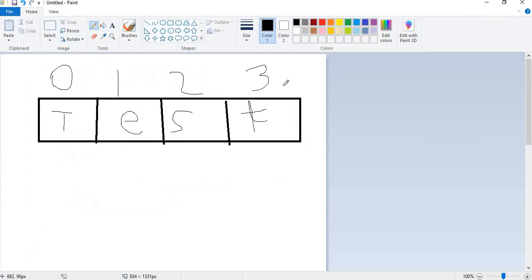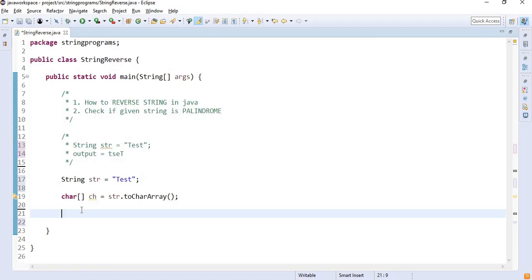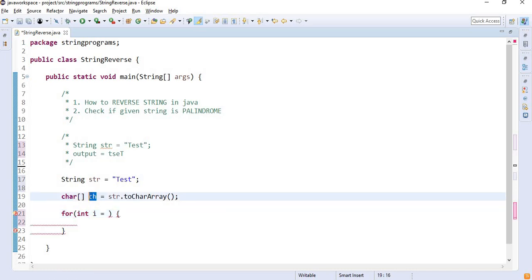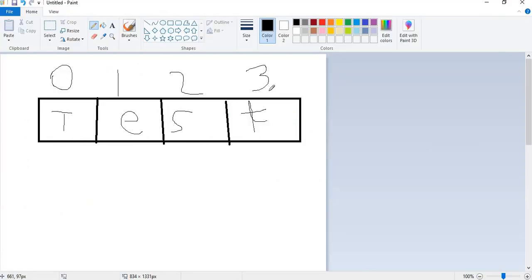It will start from 3 and go to 2, 1 and 0 through the for loop, because we want our string reversed one by one. So the logic will be a for loop, and inside the for loop my character index starts from 3.